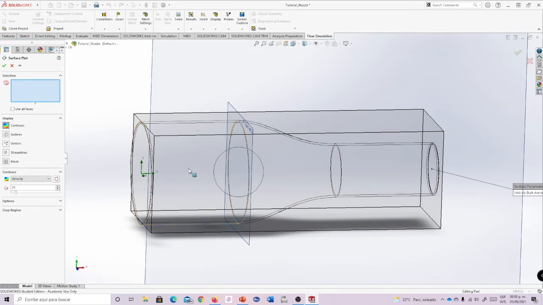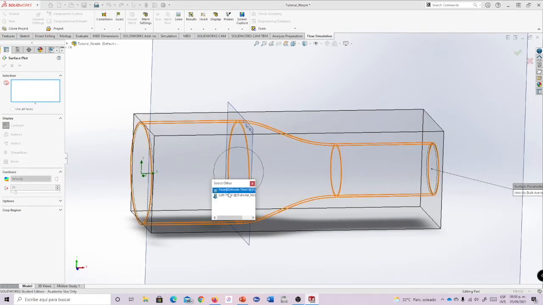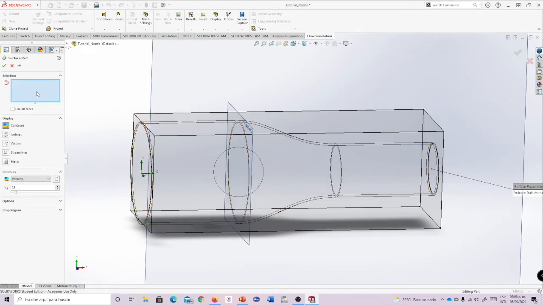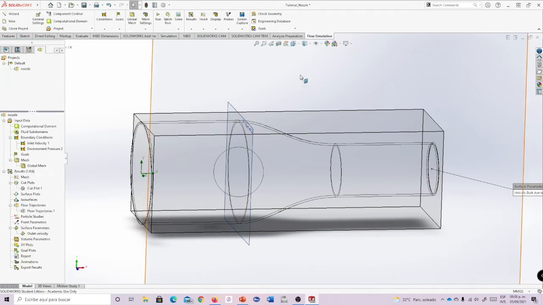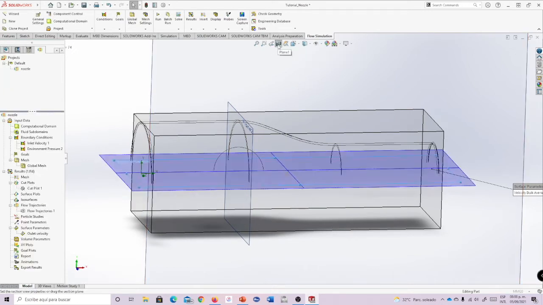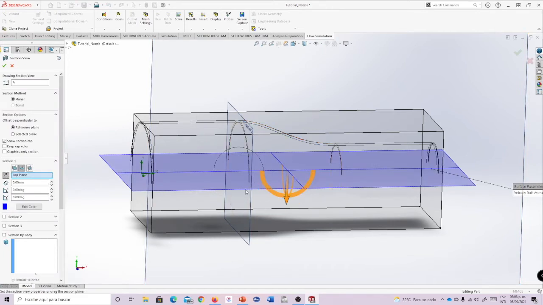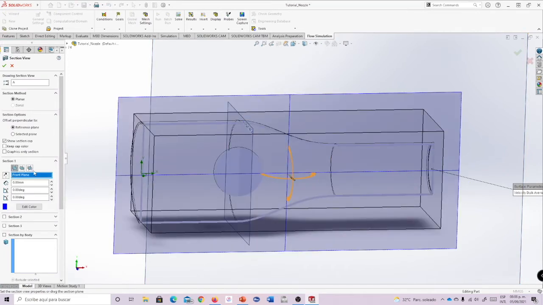I'm gonna right click here on the computational domain, select other. Okay, I'm not able to do this from here. I'm gonna cancel this operation. I'm gonna select plane. I think this one is okay,